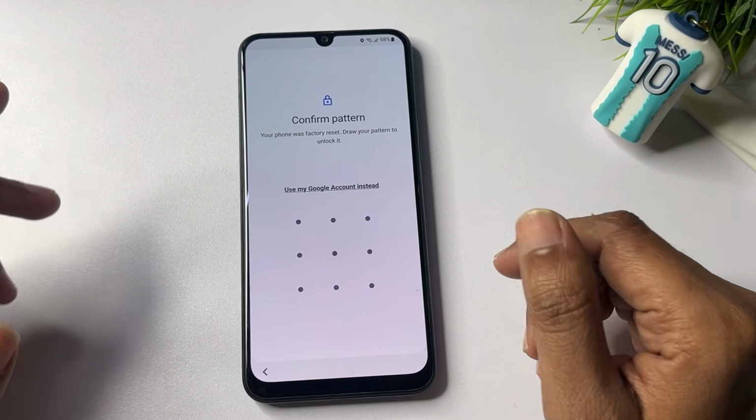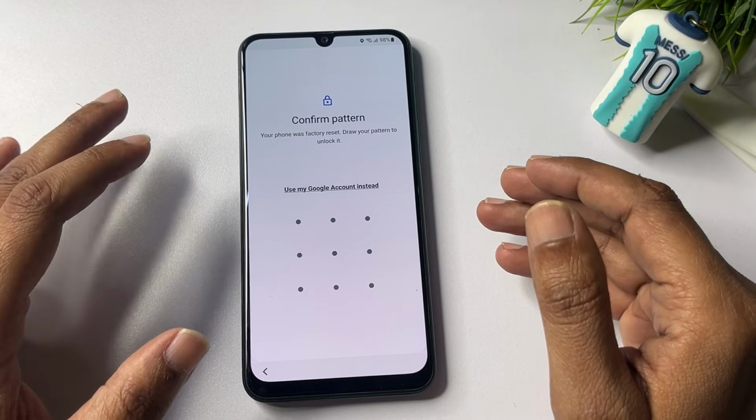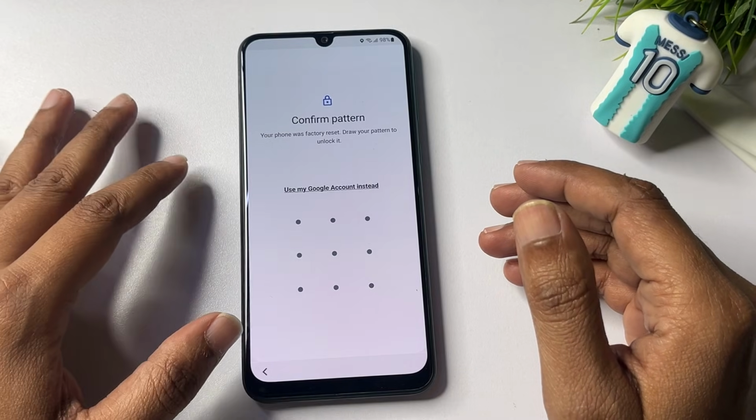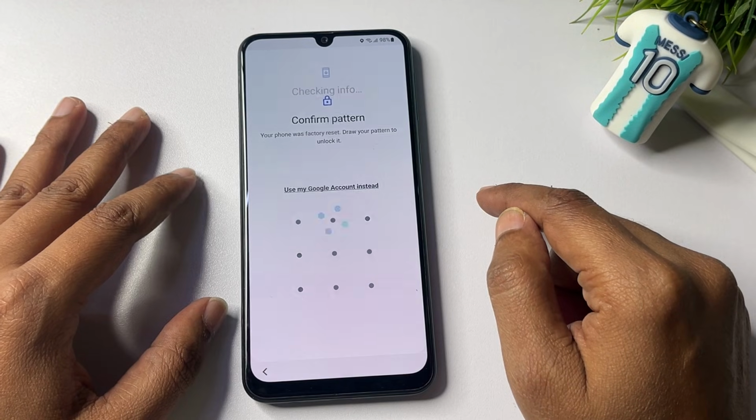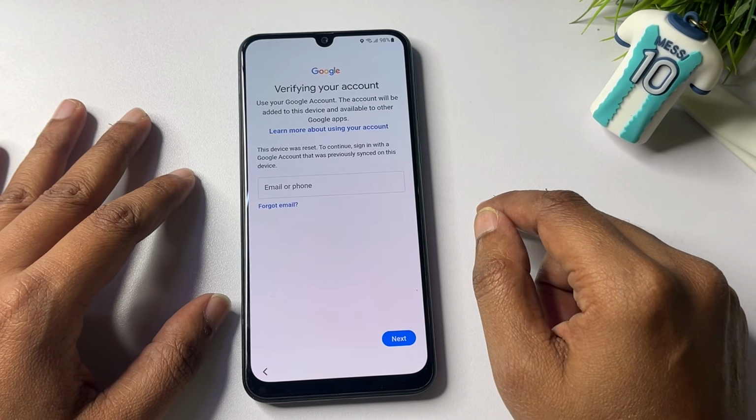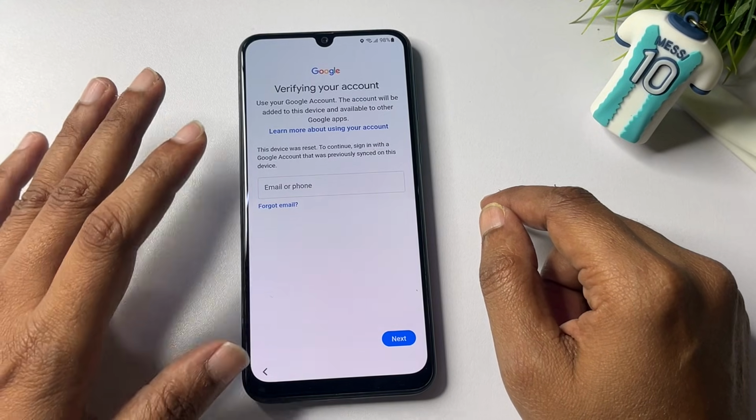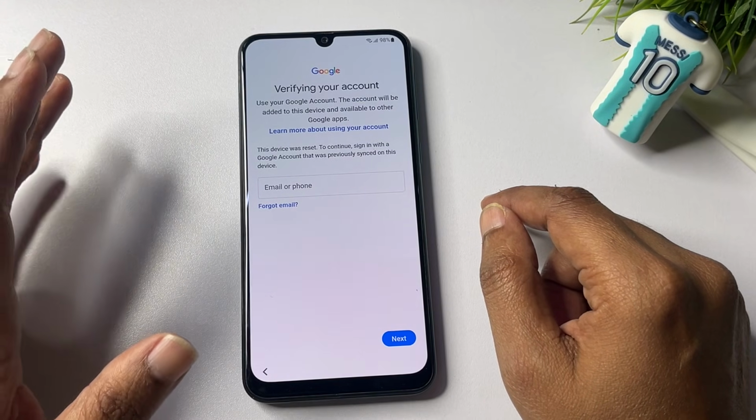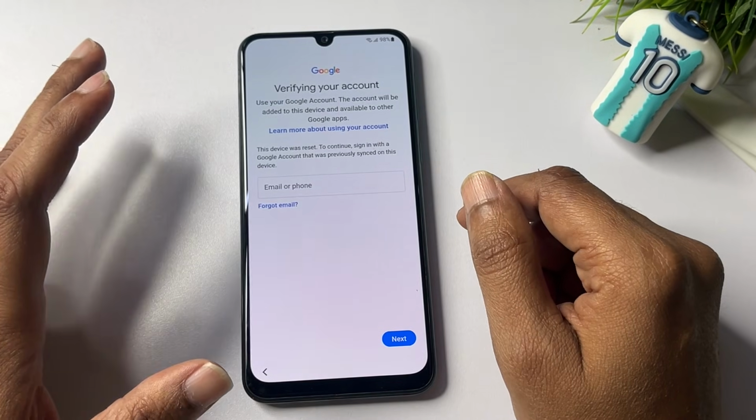Here you can see it's again asking for your pin, pattern and password lock after the factory data and hard reset. But here you will get another option showing, use my Google account instead. When you tap on this option, you will switch to a new page where the page name is Google verifying your account, and this page is generated by Google to secure your smartphone when your phone is stolen, and this lock is known as FRP lock,